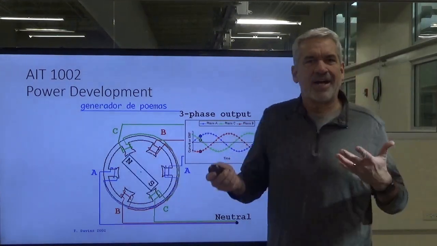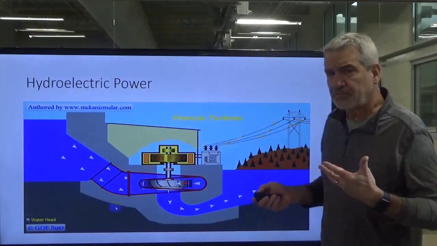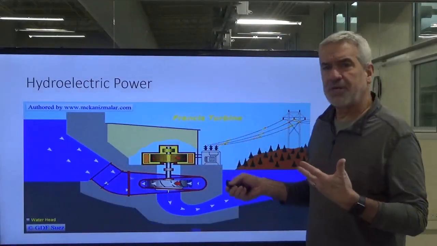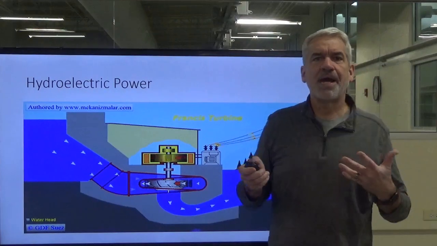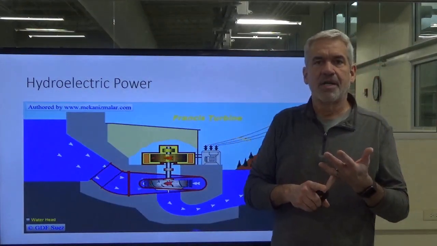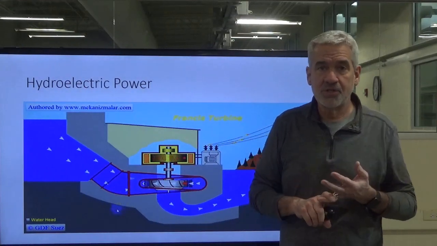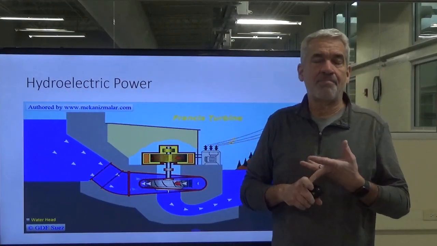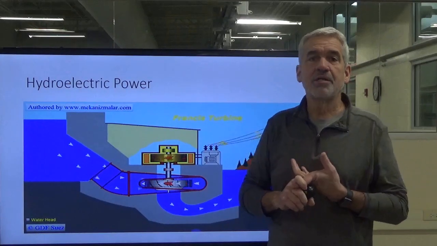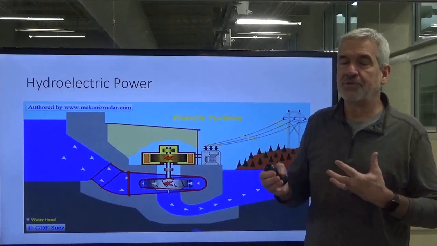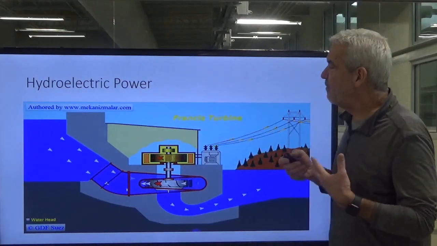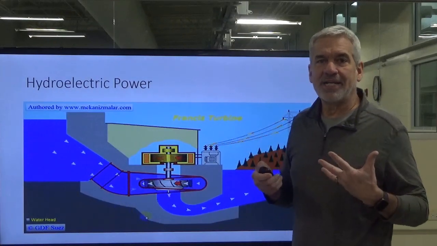Now, a little fun fact for you. This generator, for example, has several different power sources. We can have hydroelectric power with water. We can have wind power with wind turbines. We have coal-fired power plants here in Western Kentucky. There are nuclear power plants throughout the United States. All of those turn that rotating magnet